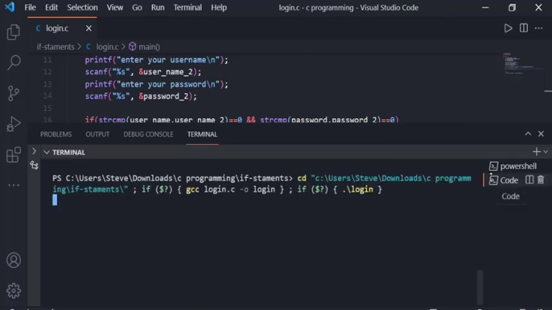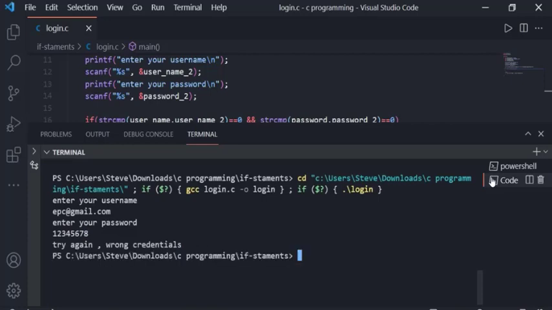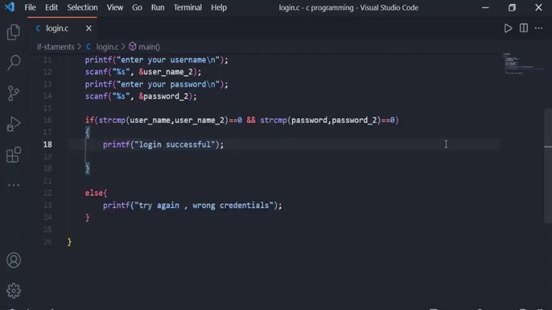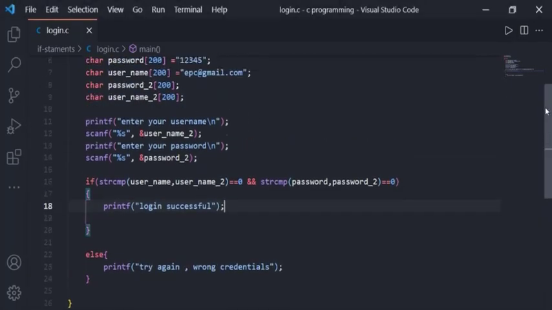My username epc at gmail.com, and the password 1234578. Try again. Wrong credentials. Wow, what a login system, and it's working perfectly. This is beautiful. This is beautiful stuff. If you want to have a look at the code again, I'm going to upload this